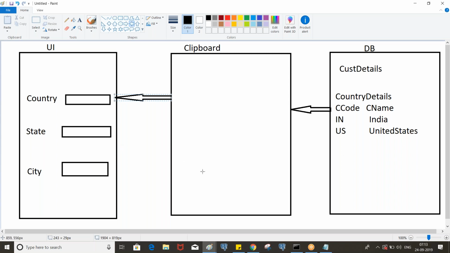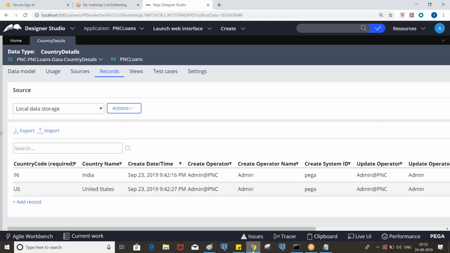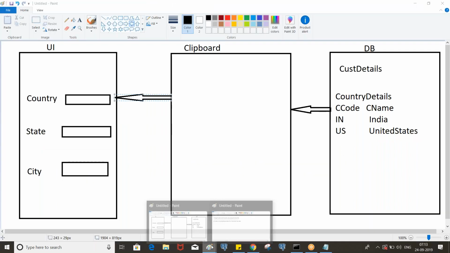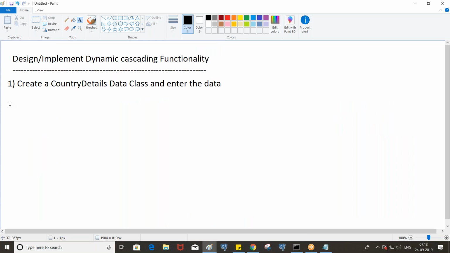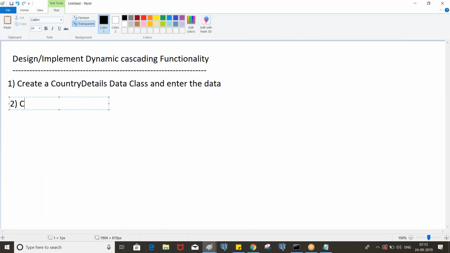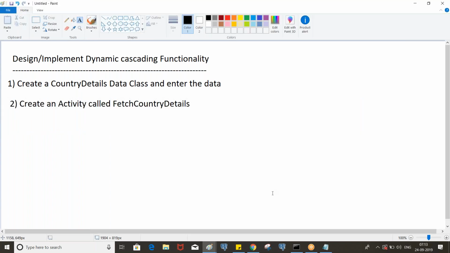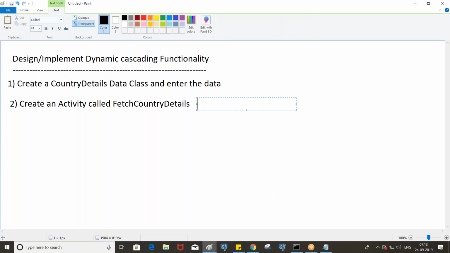The next step, create an activity called fetch country details in the work class.